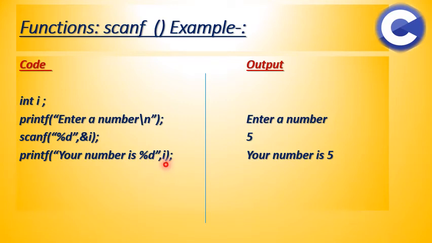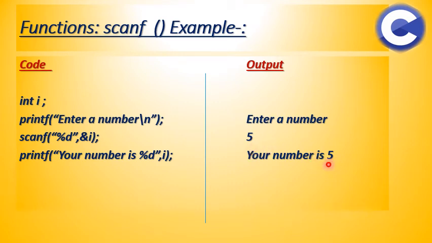I have not initialized or assigned any value to i. So what goes inside this i is whatever I have input here, whatever the user has given. From the scanf function, the user has given data of integer type, which is going to be stored in i. So your number is i, and this i depends on the user's input. Here your number is that i, which you input as 5, so your number is 5.